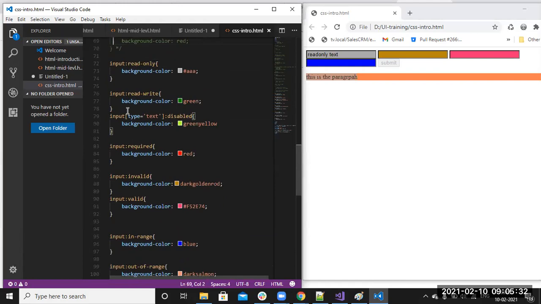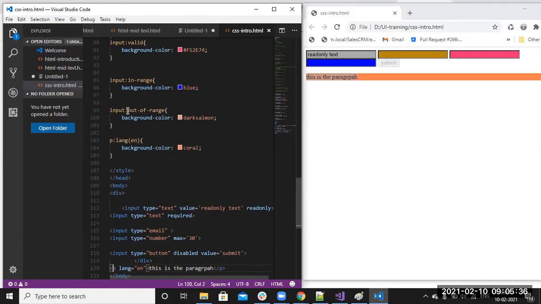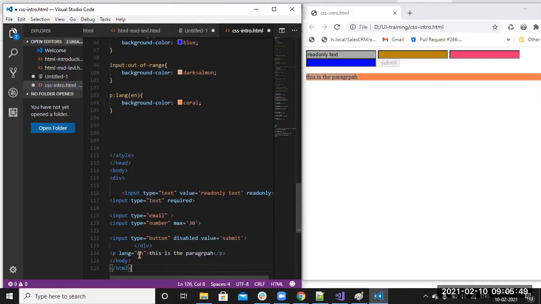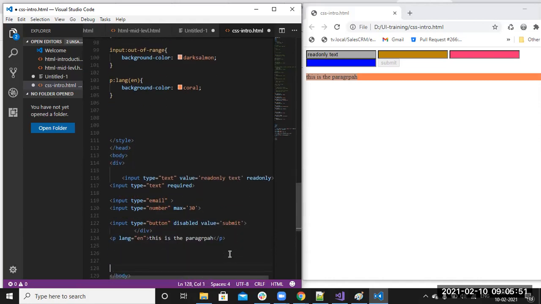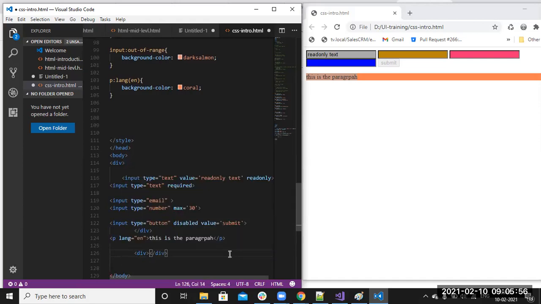So these are the remaining pseudo classes, and we have pseudo element classes. We have four pseudo element classes. Suppose you have one div, and this div is CSS.